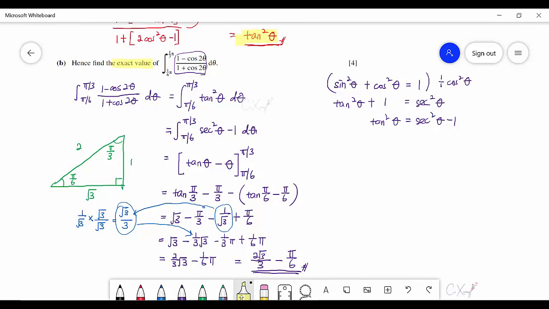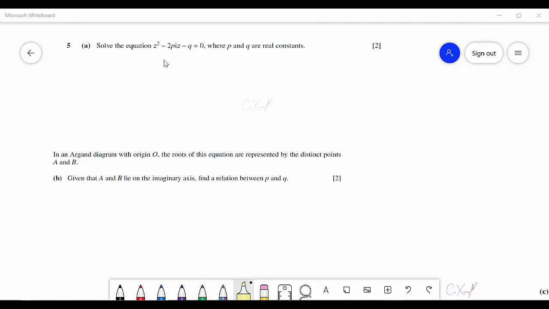Alright, so this is how we actually keep our answer in the exact value for this integration. Okay, so let us continue with question number 5. Alright, so question number 5 for part A, they want you to solve this equation where P and Q